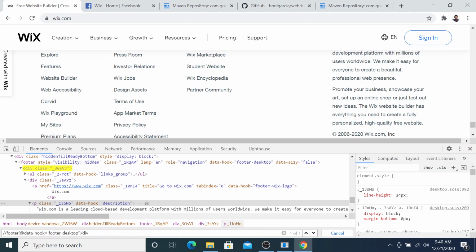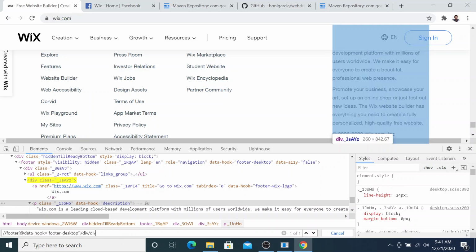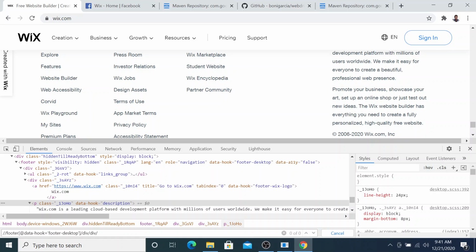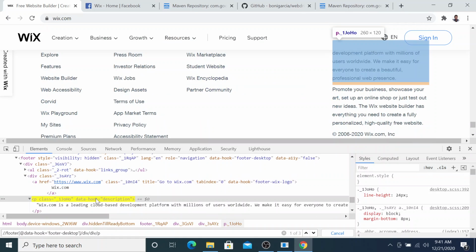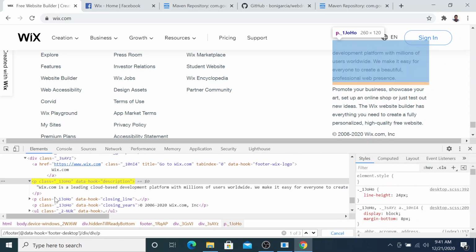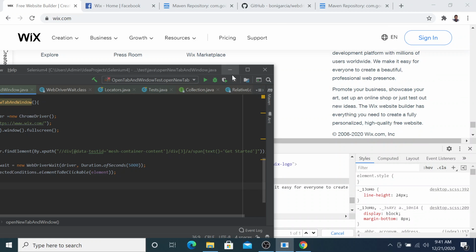So I can write /div and /p. If I take my mouse pointer over it, you can see the text gets highlighted, and you can see there are 3 elements. So I need to get the first one. I'll write it like this. So you can see here 1 out of 1. I just copy this one,